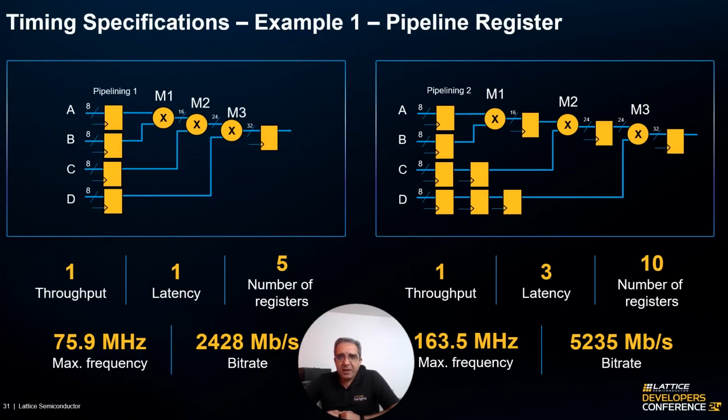So let's start with register pipelining. We have the design on the left-hand side where we have A, B, C, and D, and we want to multiply all of these inputs together. So a possible implementation is to use a cascaded multiplier. We multiply A and B, then we multiply the output with C, then the output of M2 will be multiplied by the value of D, which will provide us with the final output of the cascaded multipliers. So in this case, we are using five registers